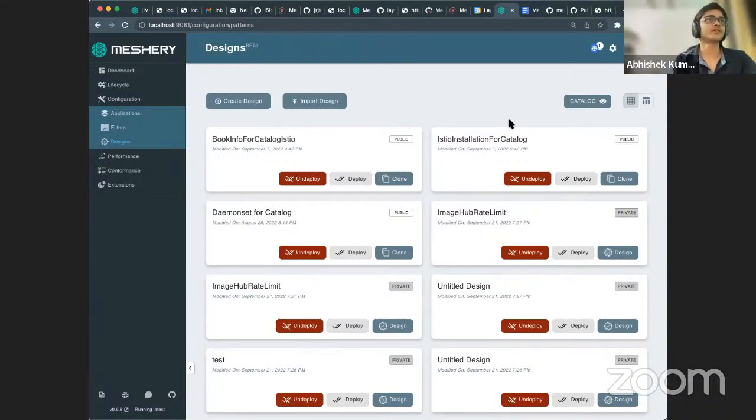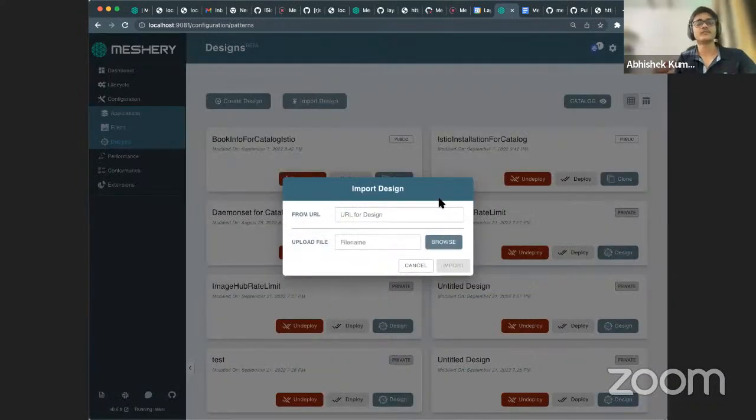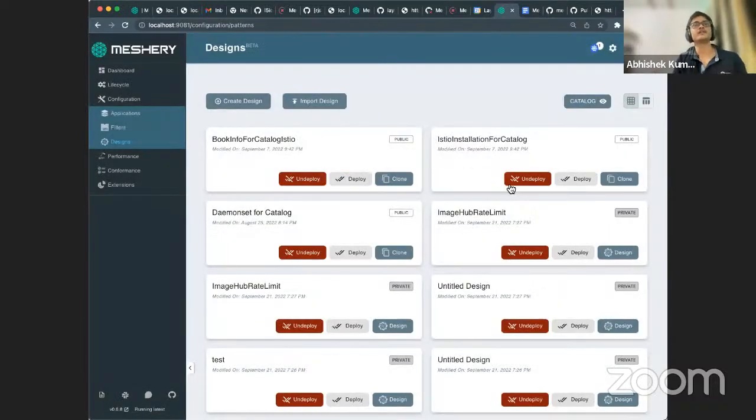So there is a need for writing tests with good code coverage that cover all these scenarios, where import designs can be tested, then catalog can be tested, then create design can be tested, then all these workflows need to be tested. And there has been some work previously around it,